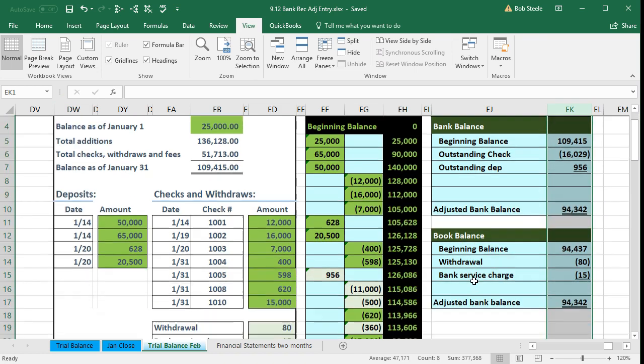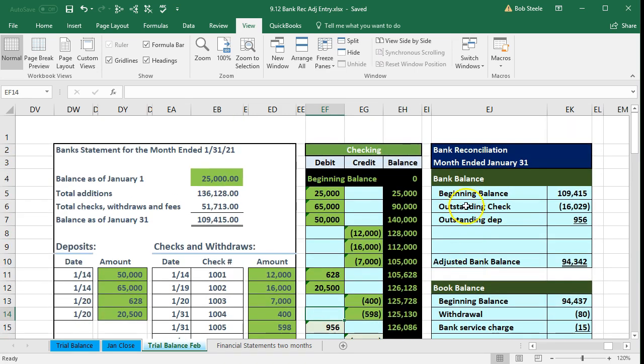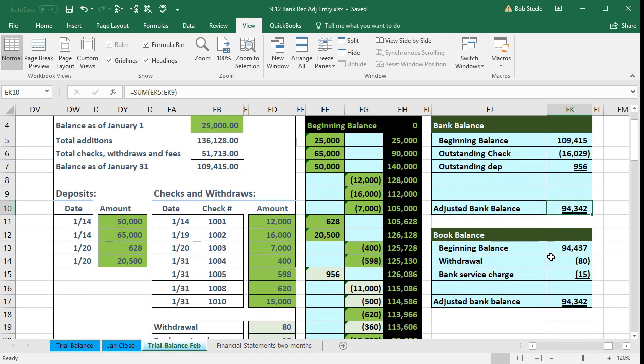Last time what we did was match out the bank statement and our books and reconcile the items. And we typically have two reconciling items when we think about a book problem, and that's going to be the bank reconciliation consisting of the bank balance, starting with the beginning balance and entering the adjustments in terms of outstanding checks and deposits in this case to get to our adjusted bank balance, and then our book balance, and that's going to have the adjustments to the book balance to get to our ending book balance,